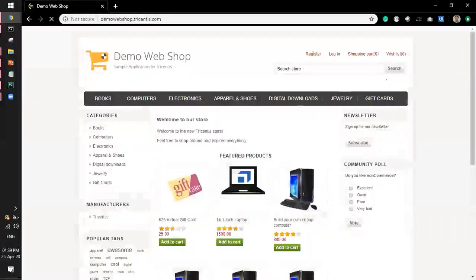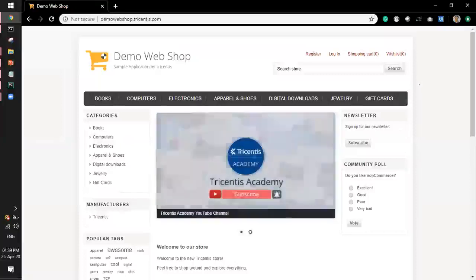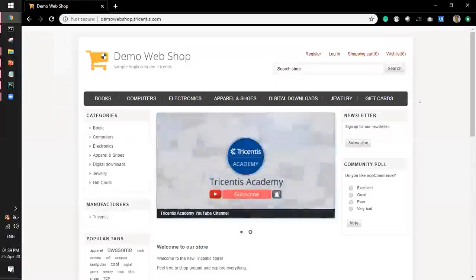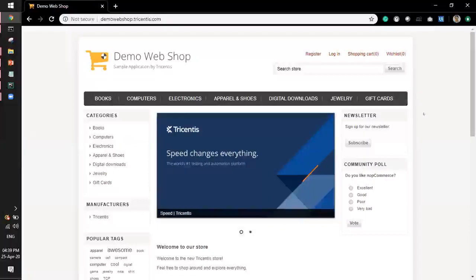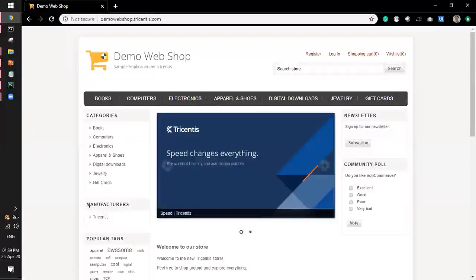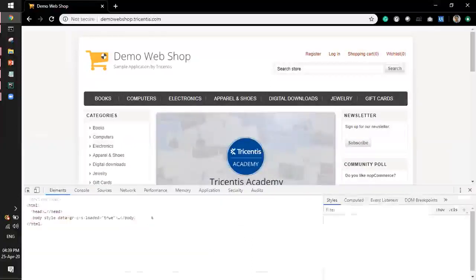So I'm choosing demowebshop.tricentis.com. It is a good testing web application which I can use. I want to stress this point because it is the most important one. If we don't have a unique identification of elements in place, it will be a difficult task to proceed with automation. First of all, I'll go to a subscribe button here, right click on it and click on inspect.